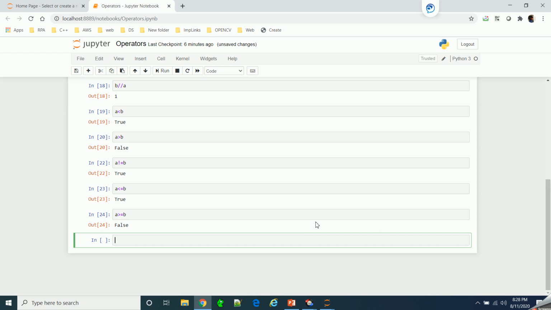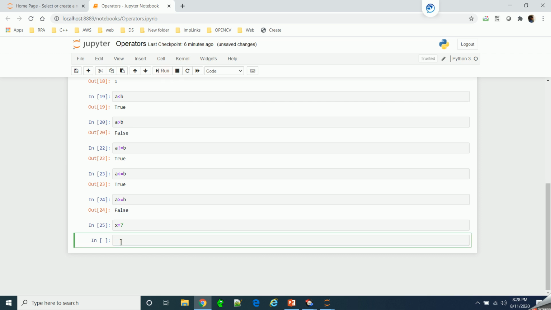Suppose I create a variable x equal to 7, and we run this cell. When we say x equal to x plus 7, here we have used the assignment operator. Here I am adding 7 to x and then again assigning it to x.